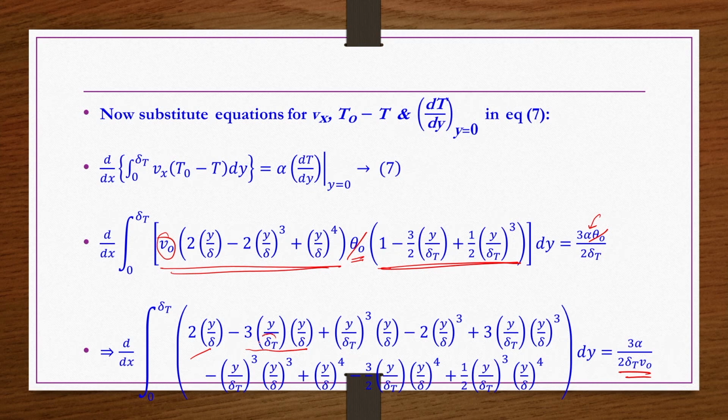So, you have to be very careful about delta t and delta, right. So, both the terms are there here, right. Next step what we do? Next step we integrate. When we integrate with respect to y, in place of y here you get y square by 2, here you have y square. So, y cube by 3 you get, here y power 3, so y power 4 you get, like that all the terms you get, right.